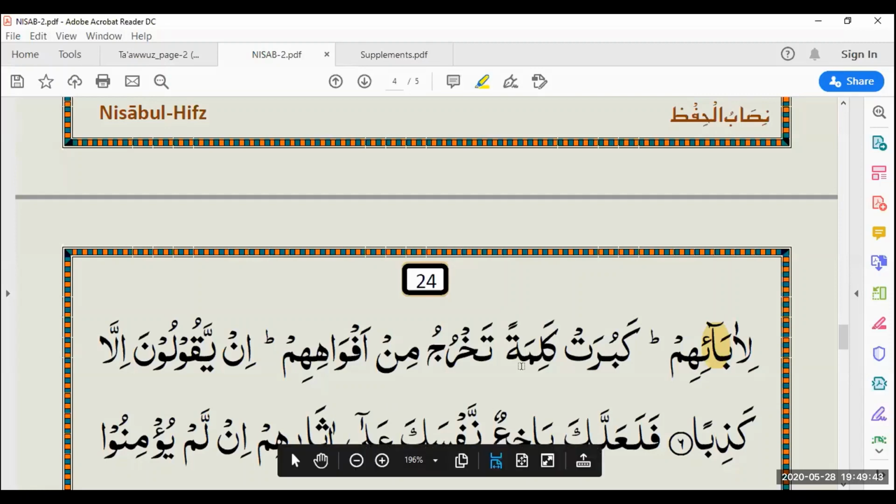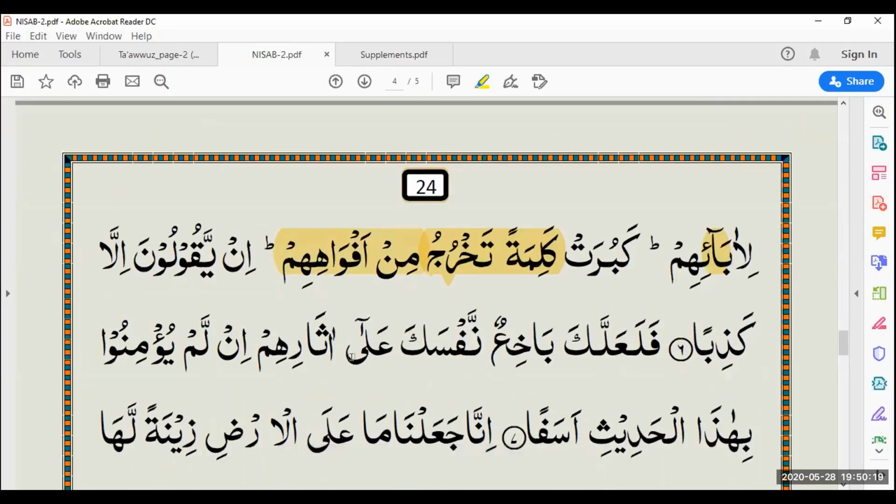Anything else you can tell me about these particular words? Yes, we should do ikhfa. Excellent. At which point? Because the letter ta is not haruf al-izhar. Well done. Excellent. Jazakumullah. And what can you tell me about this? Here we should do izhar because after the letter is alif. Well done. Excellent. Jazakumullah. Perfect. That was L208.